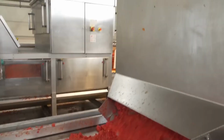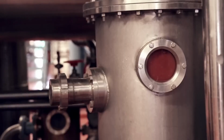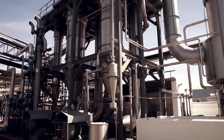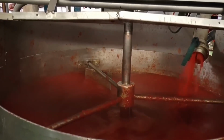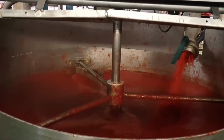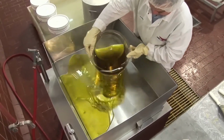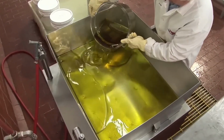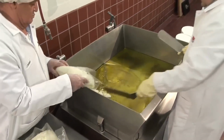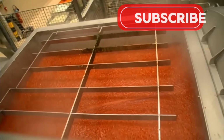Once the crushing process is complete, the tomato puree moves to the next phase of production, which is cooking the tomato. The puree is placed in large stainless steel pots, heated using steam, and continuously stirred to prevent burning or sticking to the bottom. Cooking the tomato can take several hours. In another pot, a careful sauté of onions and garlic is prepared to obtain a flavorful oil that will be mixed with the sauce. About 9 kilos of fresh garlic and onion are introduced into the pot filled with sunflower